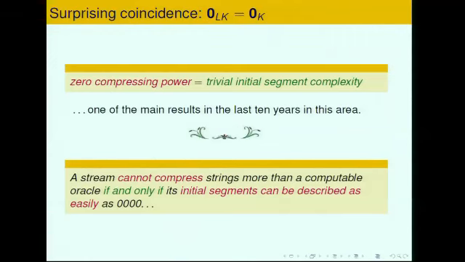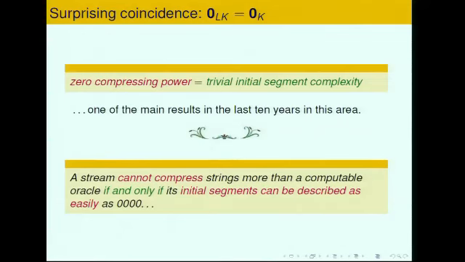Okay. Now these are two different notions. One has to do with oracle computation, and the other has to do with the presentation of the information in the bits of the sequence. It doesn't mention oracle computability at all. But surprisingly, they are the same. So two triviality notions are equivalent. In terms of degrees, the equivalence classes, the bottom degrees in these two structures are equal. Okay, that's a non-trivial result.